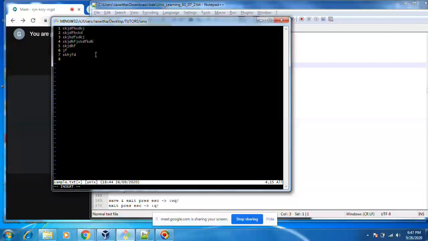Okay, press escape. If you want to add in the middle, go to the middle, press escape, press i for insert.